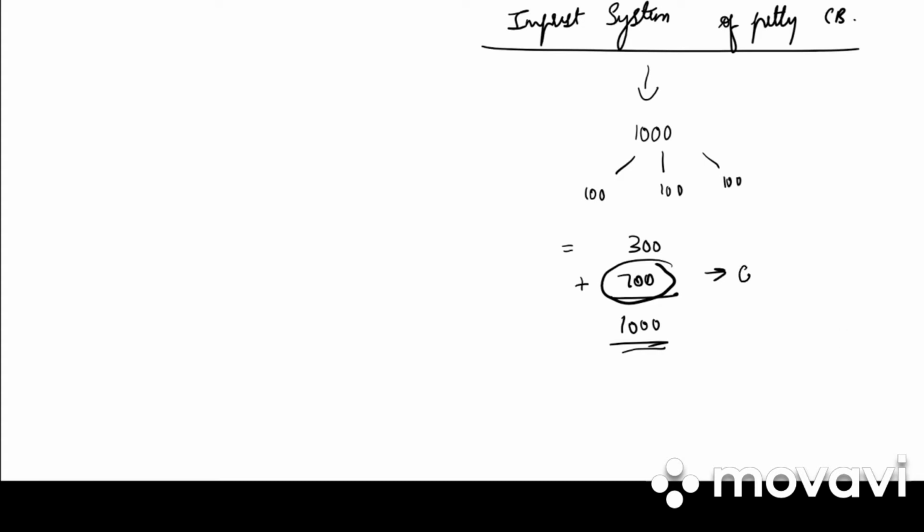So this will be again cash received. And this will be balance brought down. Clear? When we work out the problems, you would be more clear as to what we mean by Imprest system of petty cash book.